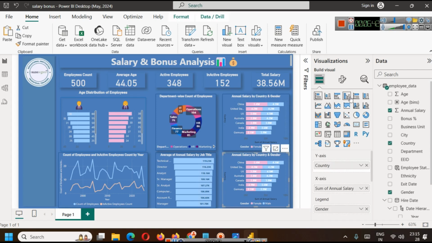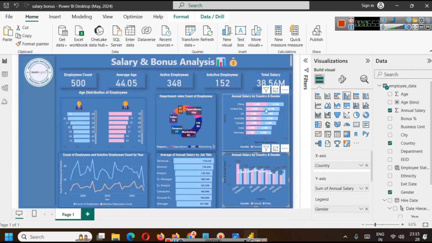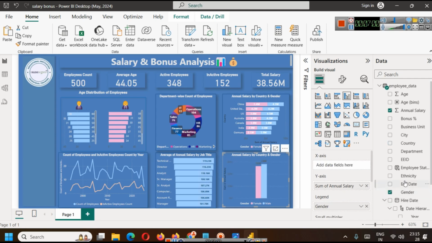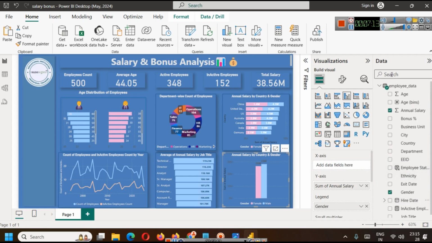So here we can select a clustered column chart. First of all, we will be able to see in clustered column chart, this is male and female, and this is another way of representing the same data. This is stacked, this is clustered. Here instead of country we will choose employee name. So we have the employee ID here, so I'm not using the name for anonymity. So we will simply use employee ID